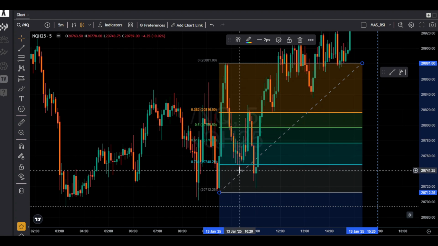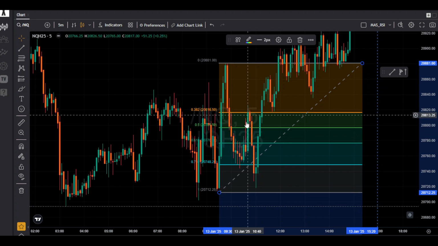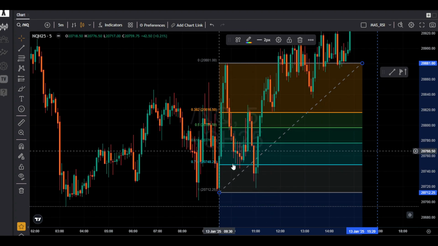Over here, as you can see, even if you take the position here, it didn't move much. It just stayed in this area. And from there, sure, it did move up. But again, in terms of a high win probability, I don't rely on these levels. So I'll quickly go over another buy trade.